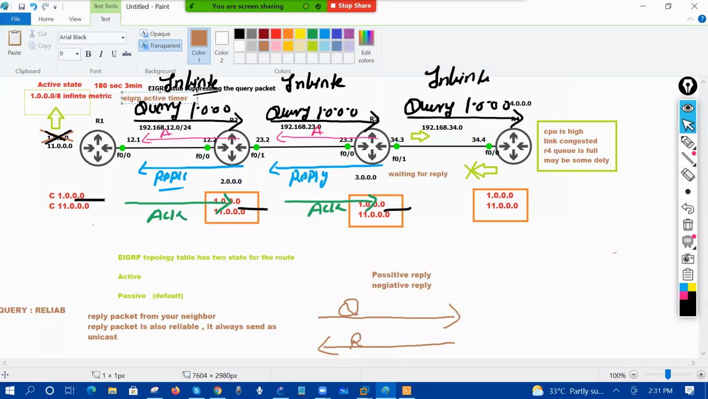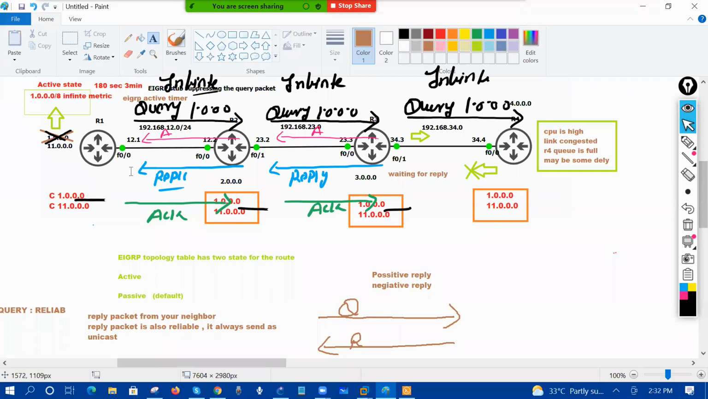It means that router one is looking for an alternate path for this network. R1 is looking for an alternate path for this network 1.0.0.0/8 for how many seconds? 180 seconds. If you get the reply within 180 seconds, everything is so far good. If you are not getting the reply packet within 180 seconds,